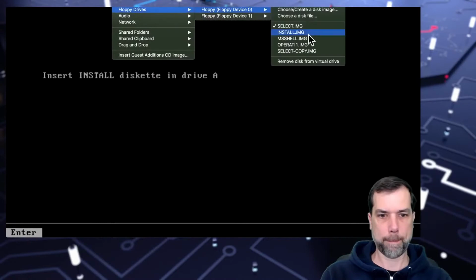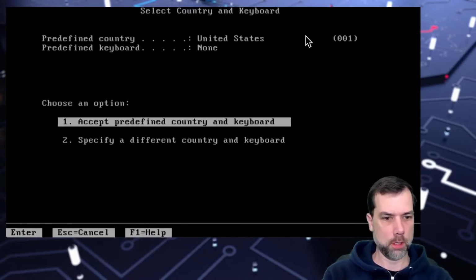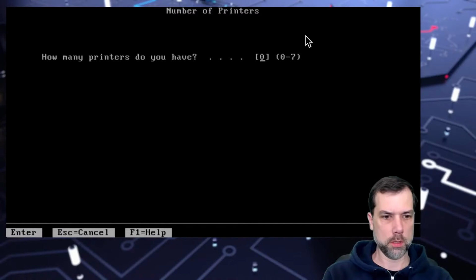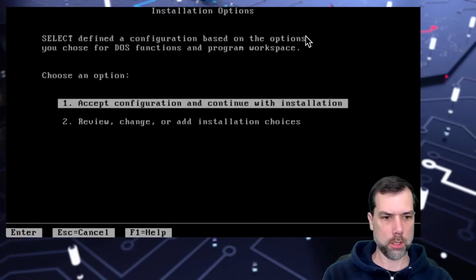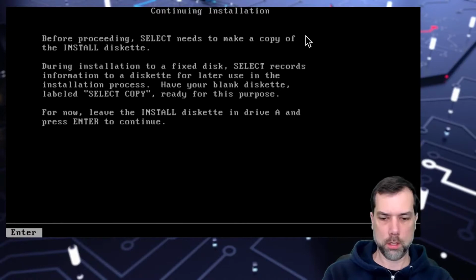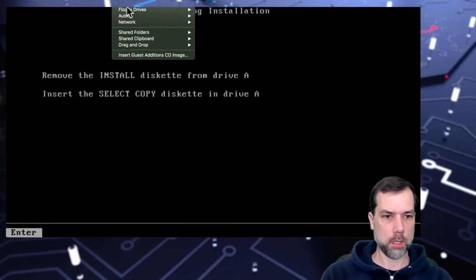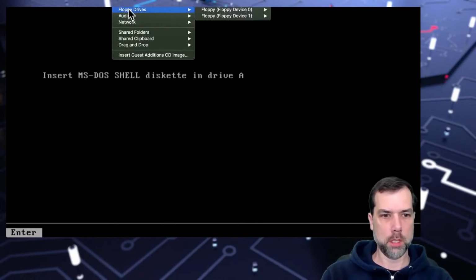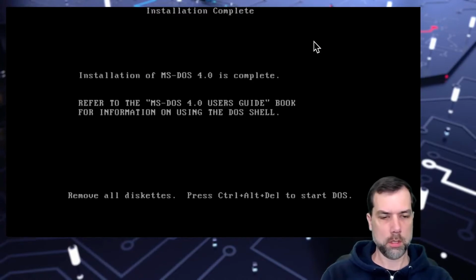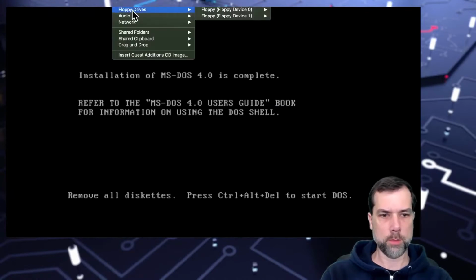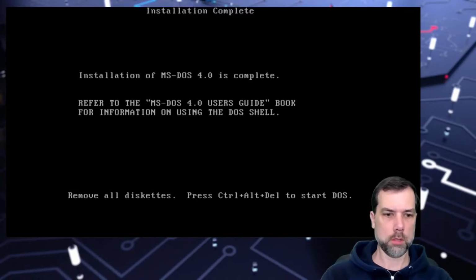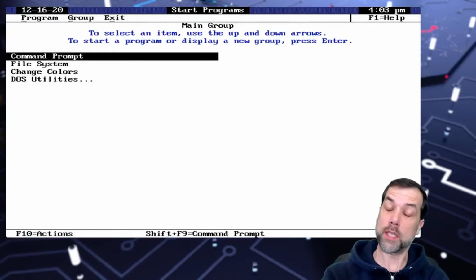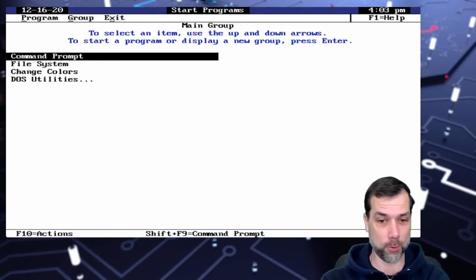All disk. Maximum DOS function. Predefined stuff, put it in C:\DOS. I have no printers. Install the shell. Accept the configuration. Leave the install disk in. The copy disk in. Operating disk in. Hey, that worked just fine. The shell disk in, just fine. Installation is complete. Remove the disks and press Ctrl-Alt-Delete to reboot. Okay, that's a little more promising than the last time, but I gotta say, the rumors you heard